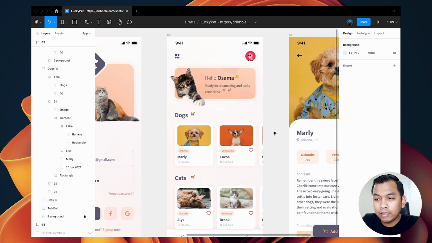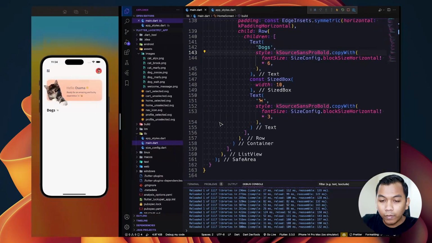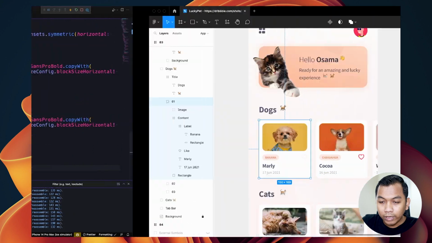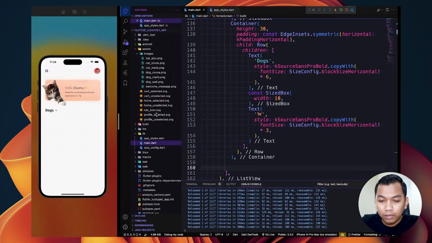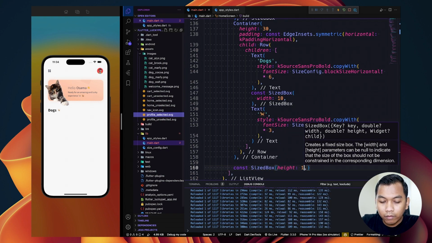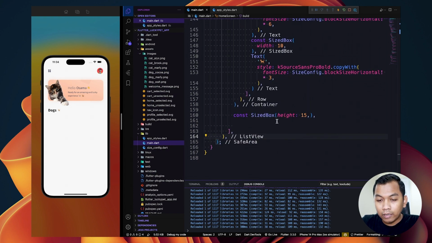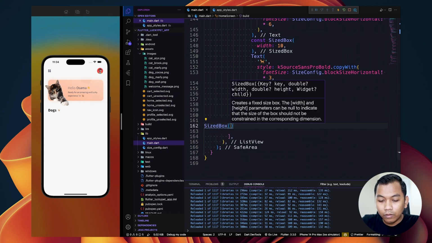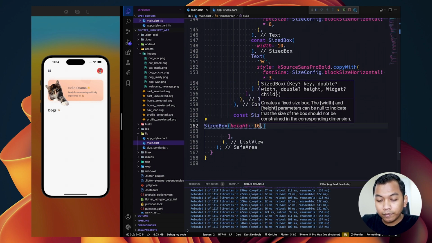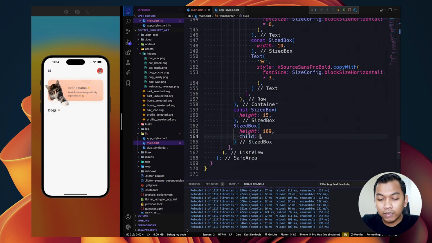So we can think it's kind of like, below this container we need to add a size box first. The value will be 15, and below that we can add another size box with the height of 169, and this size box will have a child.